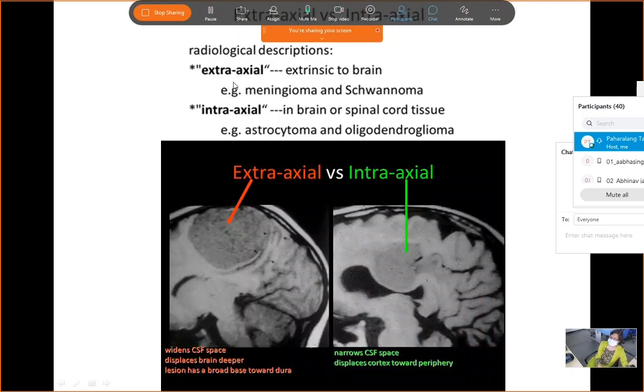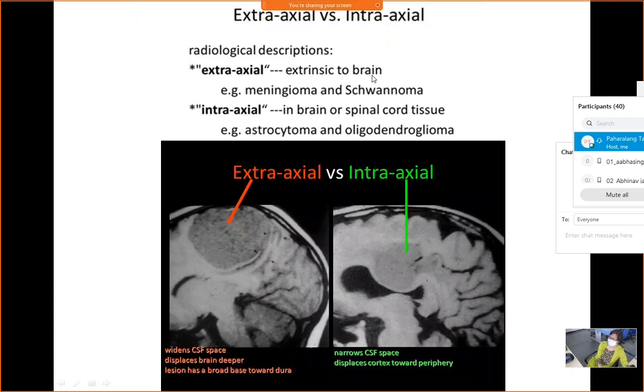Another thing is extraaxial, which means extrinsic to the brain. This is very important information because, as you can see in these two pictures, both tumors are quite well circumscribed. But what you can see here is that this tumor seems to be arising from the dura. This white thing is the dura. And this tumor seems to be arising from the dura and compressing into the brain. That means it is extraaxial, meaning it is outside the brain, outside the dura. But because there is no space to grow out because of the skull, it is compressing into the soft brain